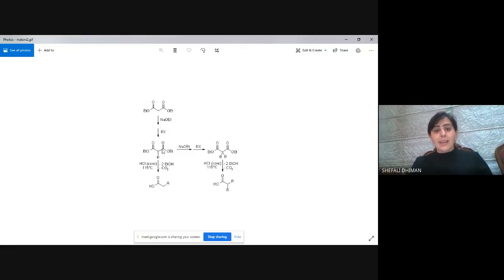So I will react it with the base. I can abstract this proton, which will acquire a negative charge, and on reaction with RX, which is alkyl halide, I can form a monoalkyl acetic acid kind of compound. And since there are two hydrogens, two different types of substitutions can be done. So I can end up with a dialkyl acetic acid and also with the monoalkyl acetic acid. So this is the basic chemistry of malonic ester as a compound used to synthesize various different kinds of organic compounds. The first synthesis is a synthesis of an acid. If you are asked to prepare an acid using malonic ester synthesis, you will get a direct question: synthesize n-butyric acid using malonic ester chemistry. In the next video, let us see how malonic ester